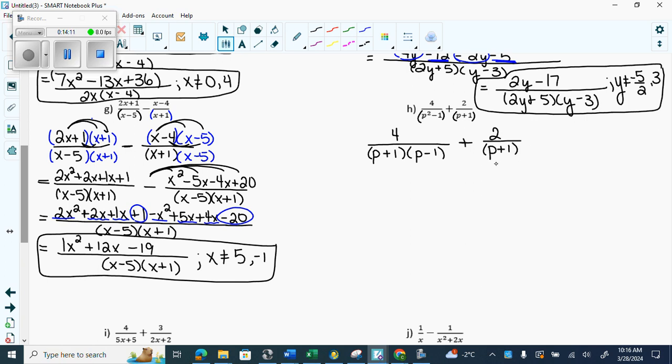Now, is there actually something in common? Yeah, they both have a p plus 1, don't they? So they both have that p plus 1, so I only need to multiply the right-hand side by p minus 1. So when you have humans, you always have to check, is one of them a difference of squares, or can I take a GCF so they could possibly be twins, right? So this side I need to multiply